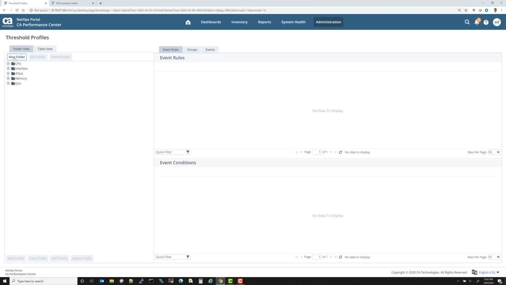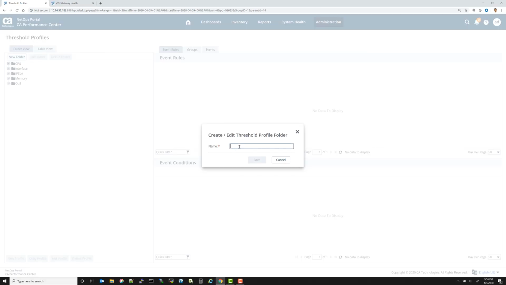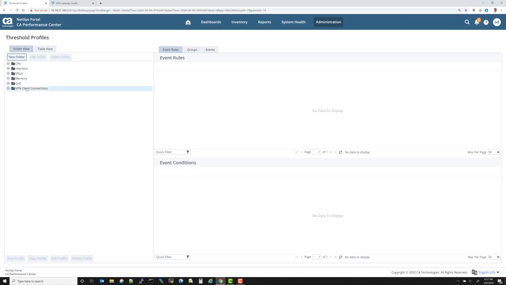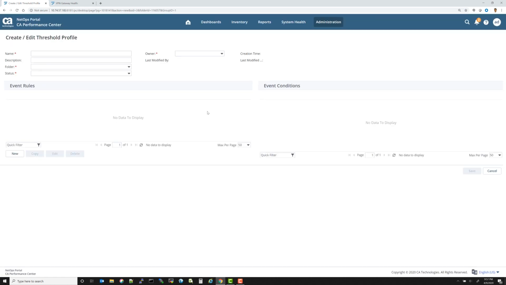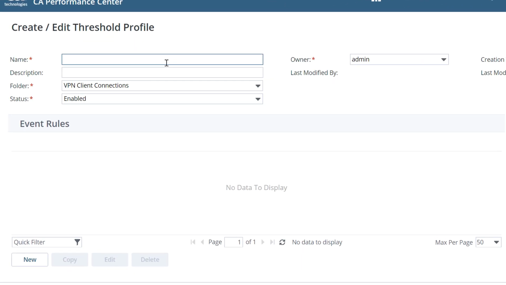And we'll create a new folder here for organization purposes, and we'll call it VPN client connections. Save that. And underneath this folder, we'll create a new threshold profile. So we'll name it VPN connections over 90%,